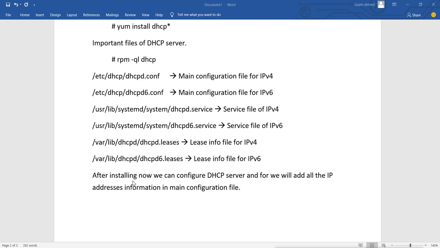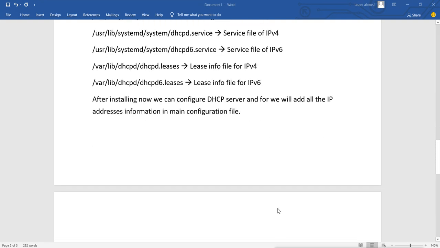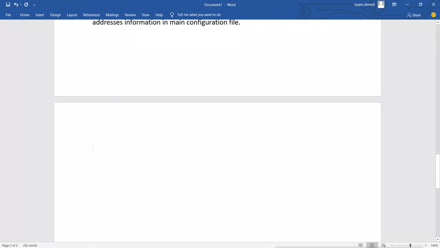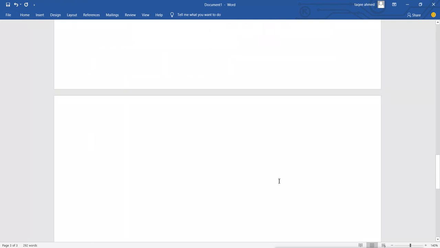Now after installing, we can configure the DHCP server, and for that we will add the information about the IP addresses we want to configure in the main configuration file. So first we will open the main configuration file.